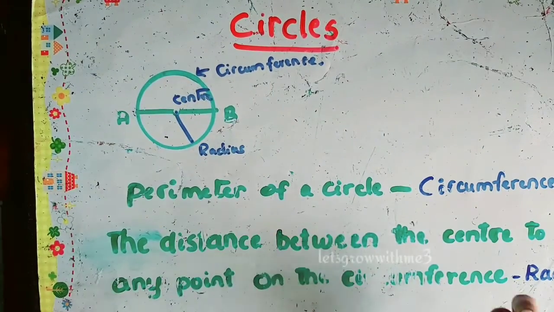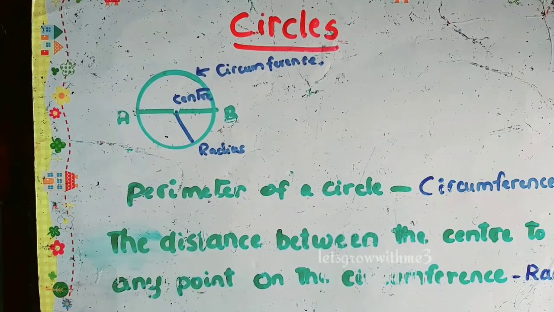So this is a circle, right? You know, a round shape, we will call it a circle. Here the technical terms which we are learning are circumference, center, radius, and diameter. Let's see circumference. Circumference is nothing but the boundary length. The length of the boundary you will call a circumference.